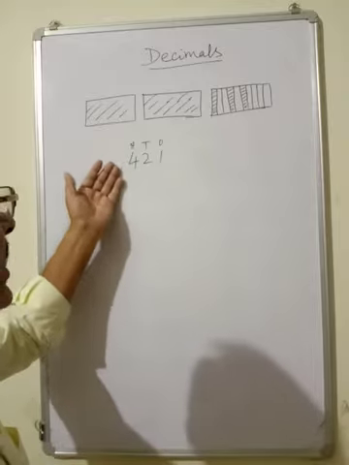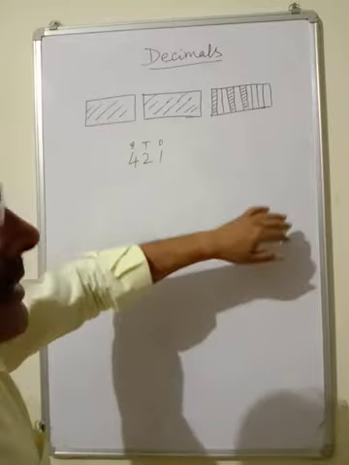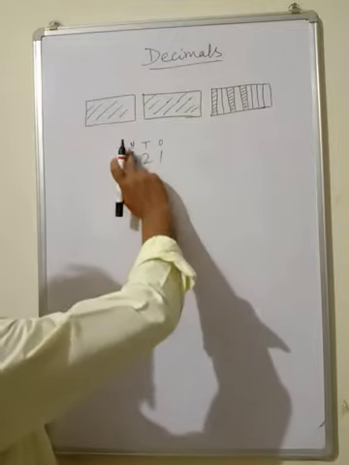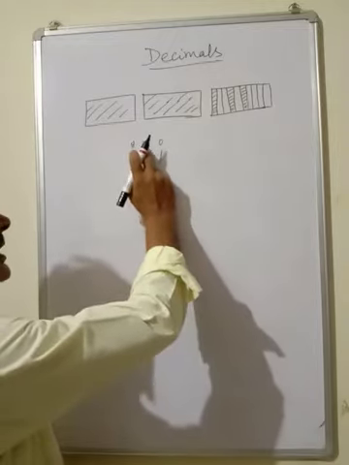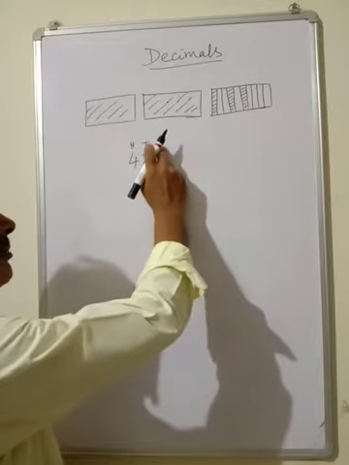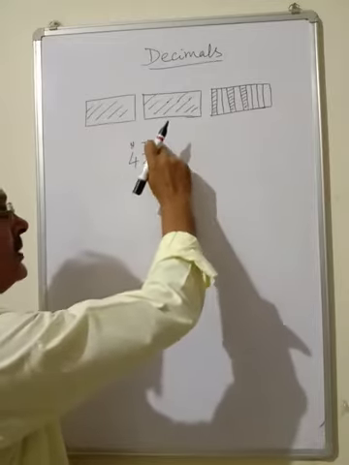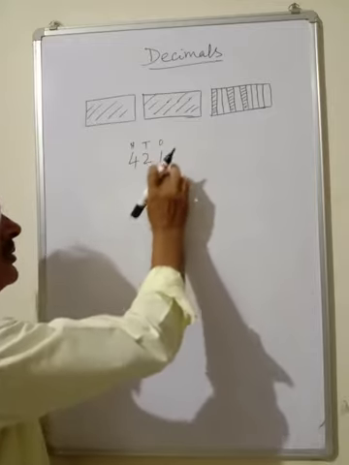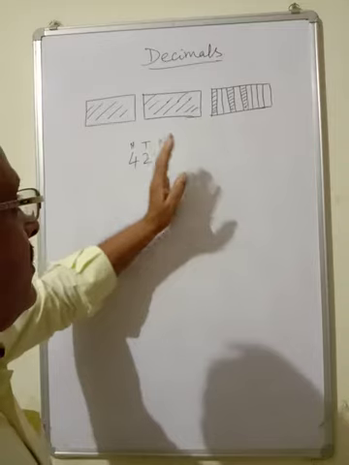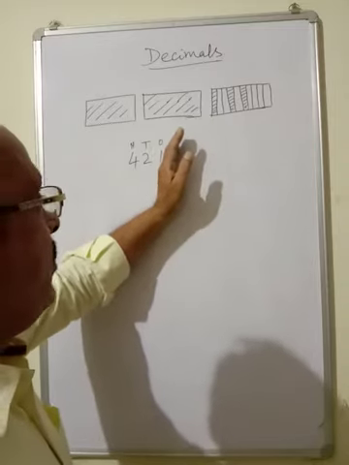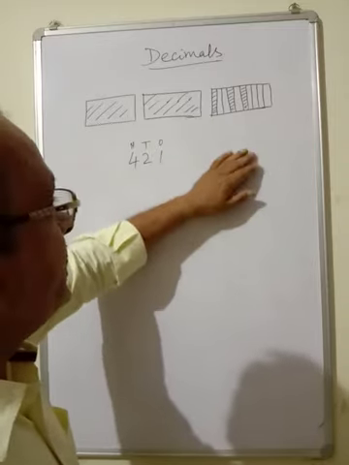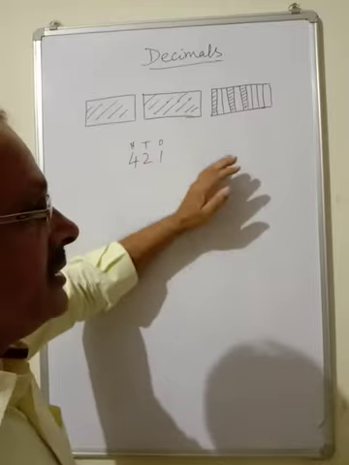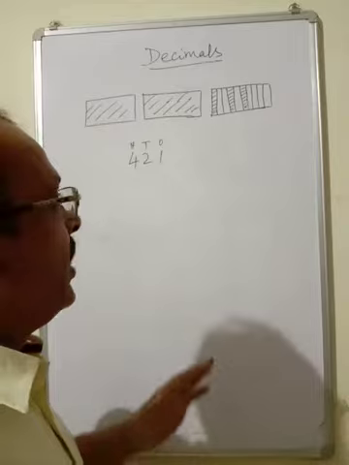And when you are going left to right, 10 times decreasing. From 100, here will be tens. From tens, here will be ones. Now from ones, what will be the next place? Now the answer will be less than 1. When you go left to right, after ones, that will be less than 1.